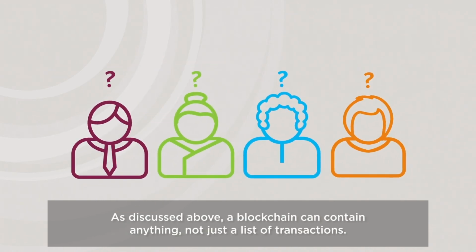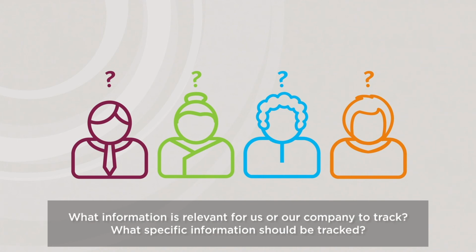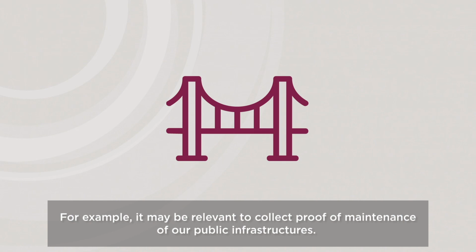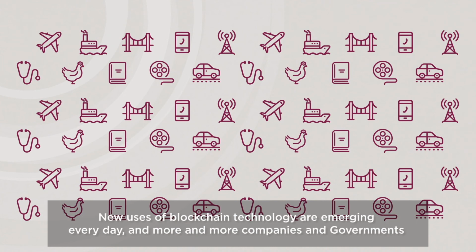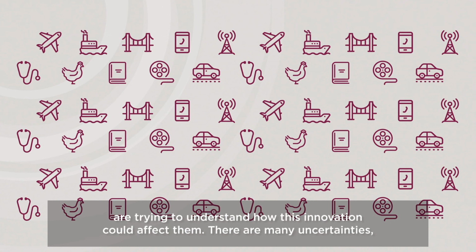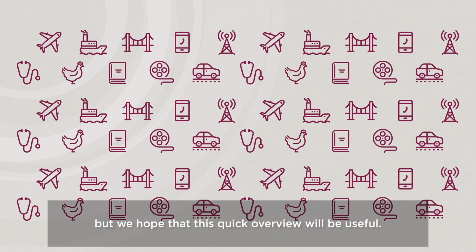As discussed above, a blockchain can contain anything, not just a list of transactions. What information is relevant for us or our company to track? What specific data should be tracked? For example, it may be relevant to collect proof of maintenance for our public infrastructures. New uses of blockchain technology are emerging every day, and more companies and governments are trying to understand how this innovation could affect them. There is still a lot of uncertainty, but we hope that this quick overview will be